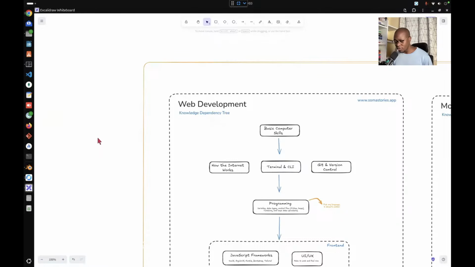In our case today, we are going to look at something interesting, the world of animation. I actually do not know how to animate. This is a software I tried working with a very long time ago. It got a little bit challenging, I gave up. So I decided we can have a look at it as we take a break from all the coding, and we can also look at knowledge dependency trees, which is a nice, interesting way to help you understand software engineering faster, or maybe to help you avoid the confusion.